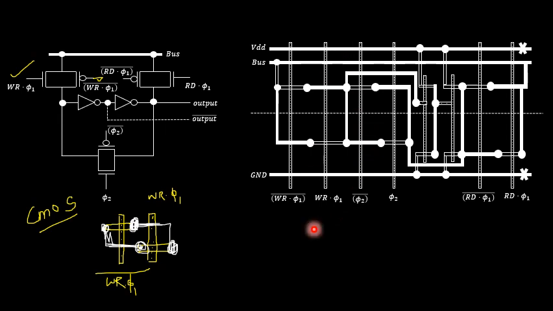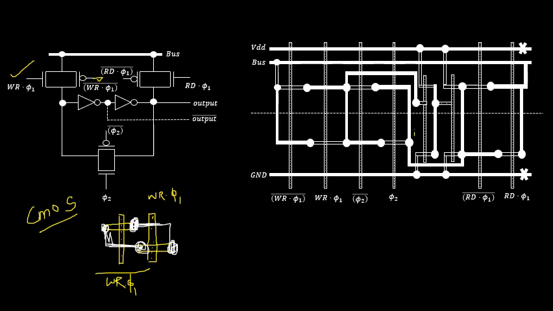So this is one connection. If you see this particular part, write dot phi 1 as well as write dot phi 1 complement are connected in parallel. So this is the write dot phi 1 complement transistor, this is the write dot phi 1 transistor, and I have made a parallel connection. Similarly, you have to make a parallel connection for the read dot phi 1 and read dot phi 1 complement signal. So from the circuit, read dot phi 1 complement as well as read dot phi 1. So the order I have chosen is like this. First it is in terms of complement. Write dot phi 1 complement, write dot phi 1, then phi 2 complement, phi 2, then it is